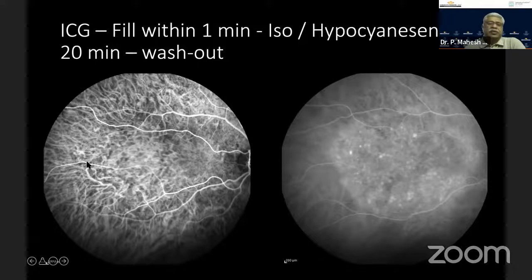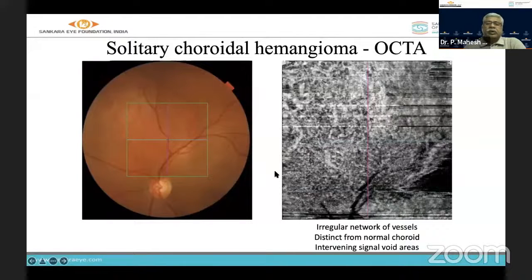ICG is very characteristic as far as choroidal hemangioma is concerned. So it fills within the first 1 minute here, and what happens is the dye tends to wash off because ICG is bound to the proteins. So it doesn't stay there, it tends to wash off. So at 20 minutes, the dye tends to wash off. So that's very classic of a choroidal hemangioma, which doesn't happen in a choroidal melanoma. So OCTA also shows up this network